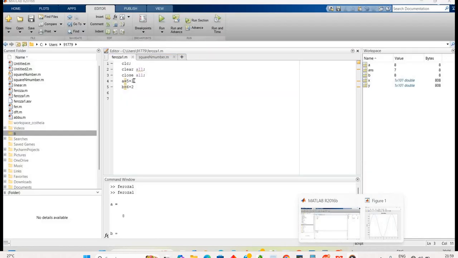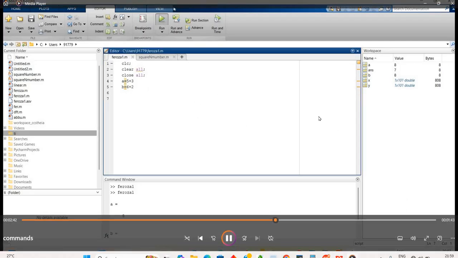But if it is left open, then if you always start a program with these three commands, all the command window will be cleared. Then it will remove all the variables from the workspace, and also close all the figure windows. Now we will run this.